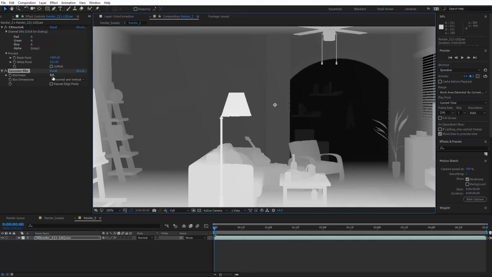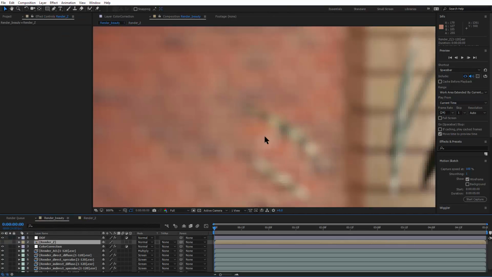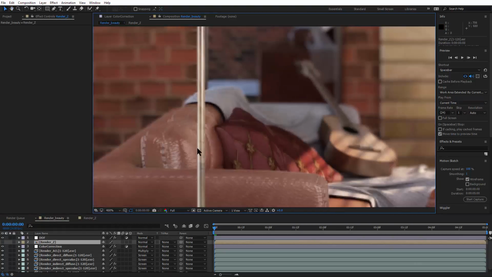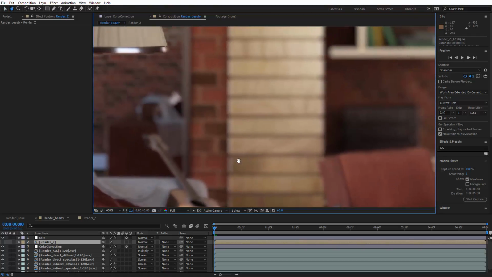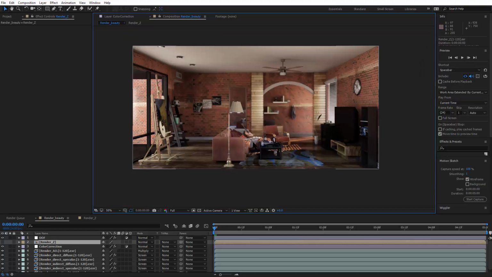So let's just drag up the blurriness to make it quite smooth like this. Now if you go back to the render beauty, you see they're being smoothed also. Okay, that's my way of getting rid of weird depth of field effects inside of After Effects. Okay, so that's depth of field. And then you can use render Z to do something else, like